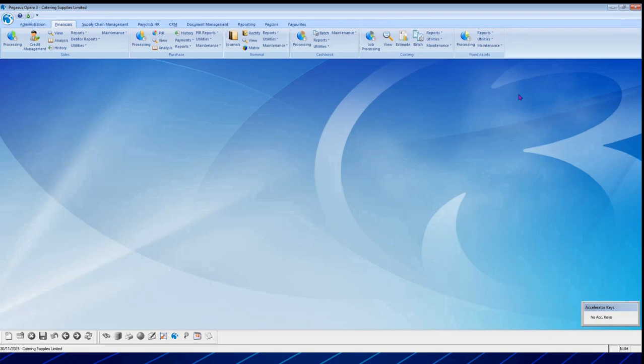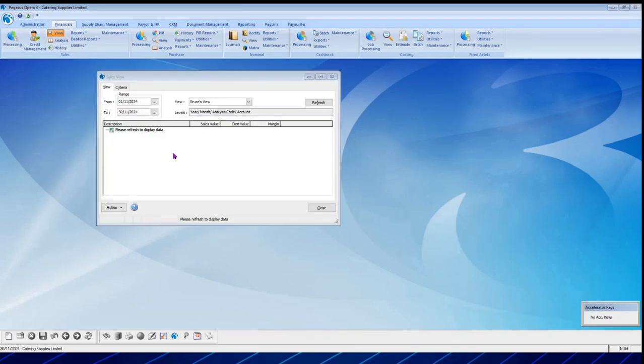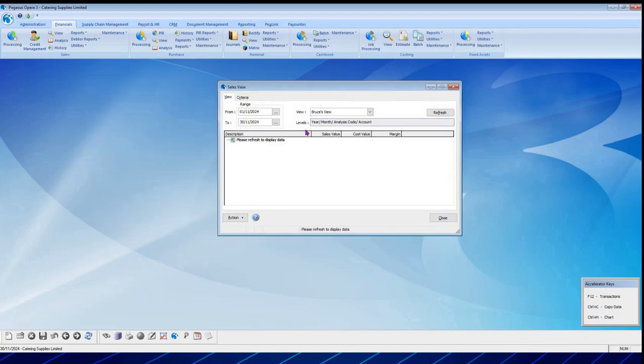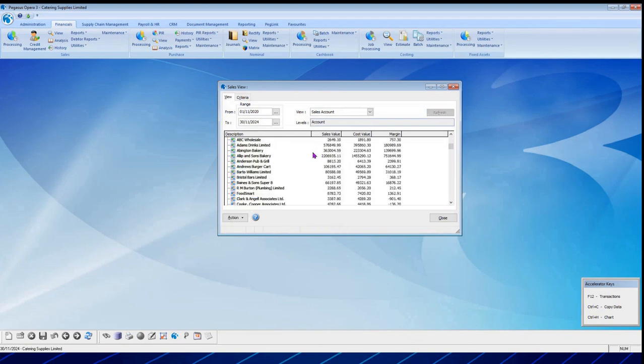Let's go back to Opera. So in our financials sales, we've got a view screen here. I've set up a view here before. There's a sales account view. Let's click on refresh. No data found, perhaps because I've not really done anything in that period. But let's set my date back to 2020. Okay, click on refresh, and suddenly you can see this is giving me my data in an accounts format,